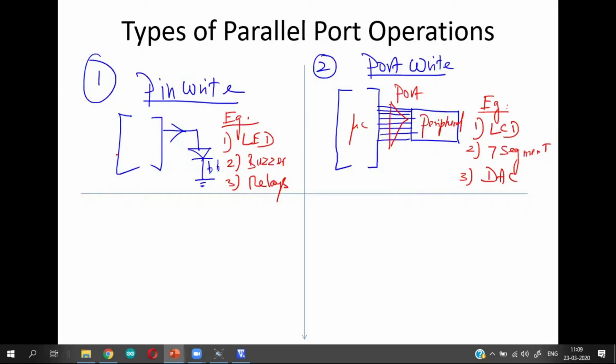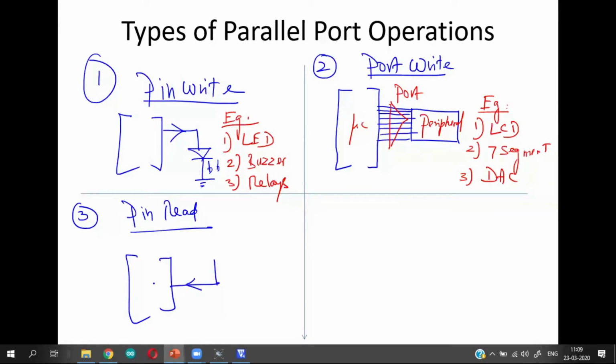The third type of parallel port operation was pin read operation, where a microcontroller is able to read information via a particular pin. The information flows towards the microcontroller.